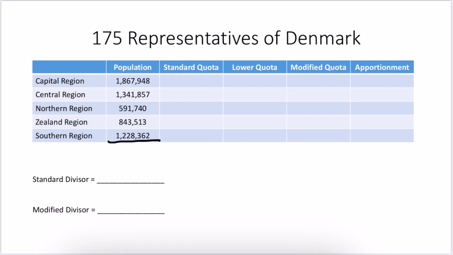When you add up the populations of all of these individual regions, you get a total population of 5,873,420. Then you take that number and divide by the number of representatives that you're trying to split up. So we would take that number, divide by 175, and that gives us a standard divisor of